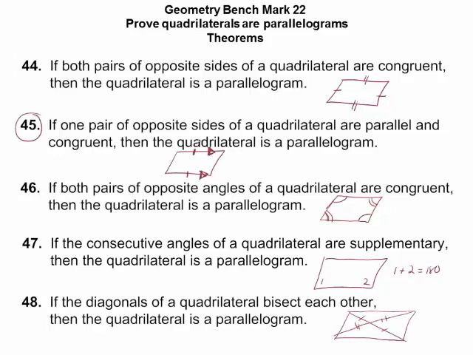This one's new. But the parallelogram, we said that the opposite sides are parallel, and we said the opposite sides are congruent. But we said it was both pairs of opposite sides. But to prove or to show that a quadrilateral is a parallelogram, you only need one pair, rather. Not one side. One pair of opposite sides. So you could have this, or you could have these two. You don't need all four to show. Does that make sense? Okay, so